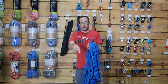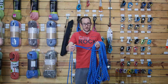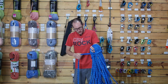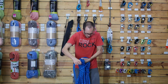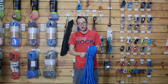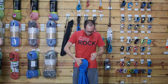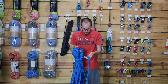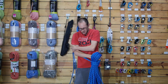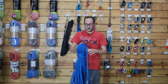And instead of just doing one wrap, one strand around, I'm going to use both of the strands that are coming out of my coil, and wrap them around nice and neat. It takes a little bit of fiddling because now you have two strands. You just want to make sure that both of those strands are neat and tight. And once you've got enough wraps around to hold your coil together,